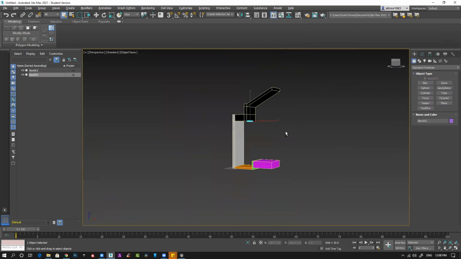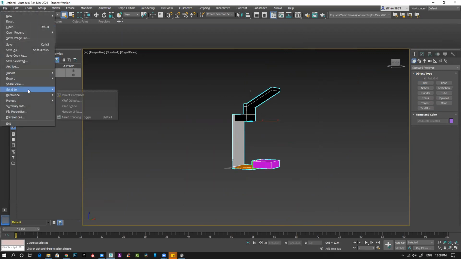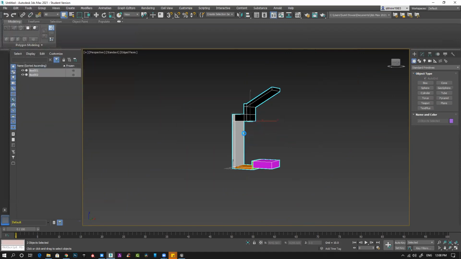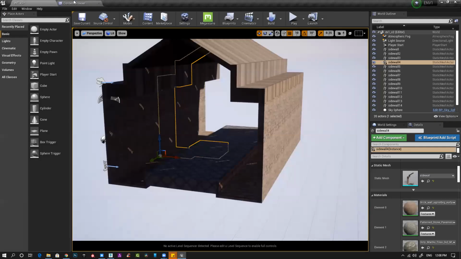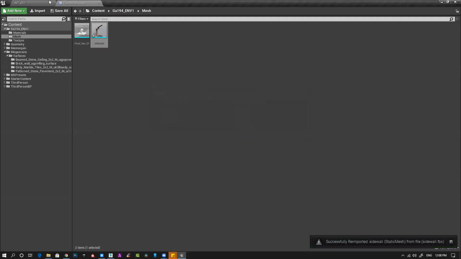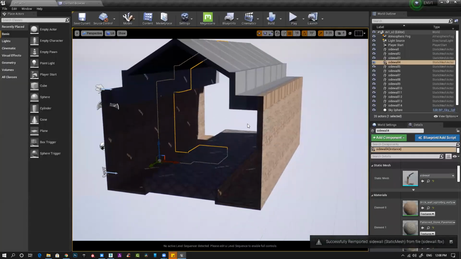So now let's separate material altogether. Select this thing. Export selected. Side wall. Yes. Okay. Unreal Engine, right click, import. Keep it to FBX. You can see I have this thing.